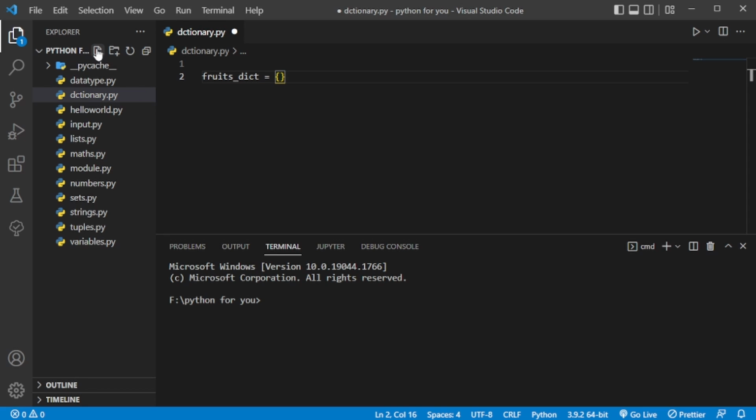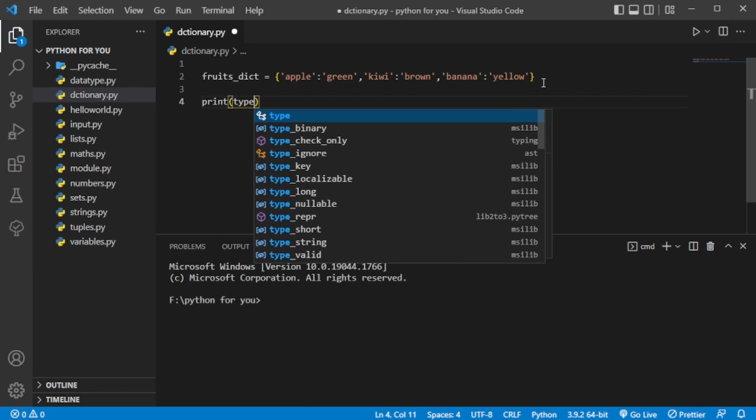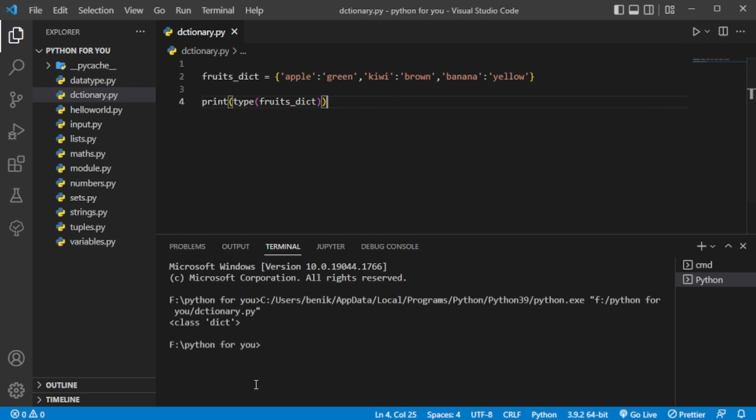Inside our dictionary, we have keys and values. On the left side, we're going to have keys, and on the right side, we're going to have the value. This is the key, and then the value. And then comma, next key and value. So here's our first dictionary. And that's it,